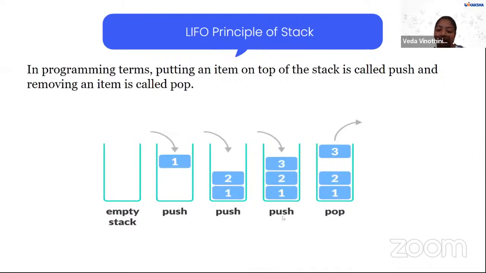After 3 pushes, there are 3 values inside this stack. Now you want to delete one value. The only way to delete from this stack is by the top. That means the last in value, 3, is going to be the first out, LIFO. This concept is called the LIFO principle.